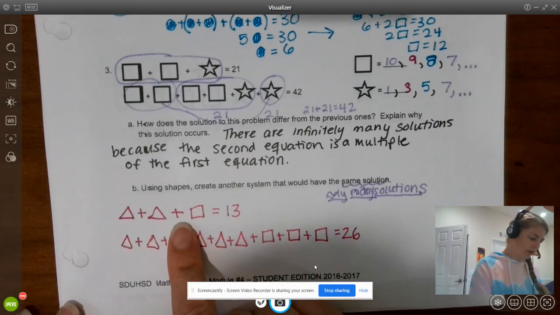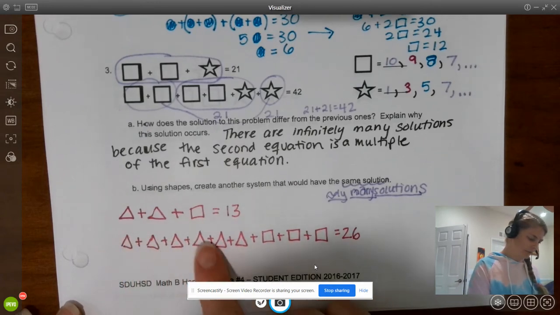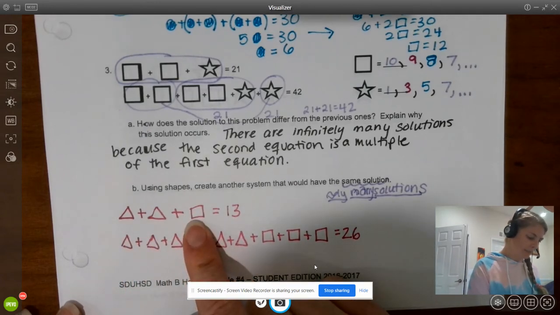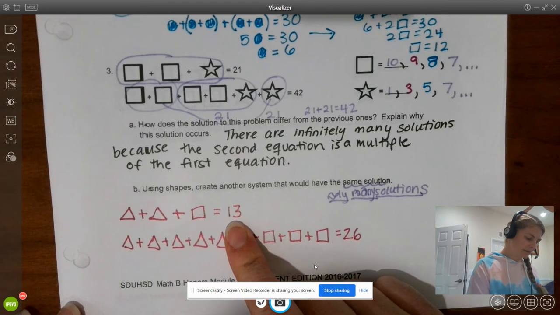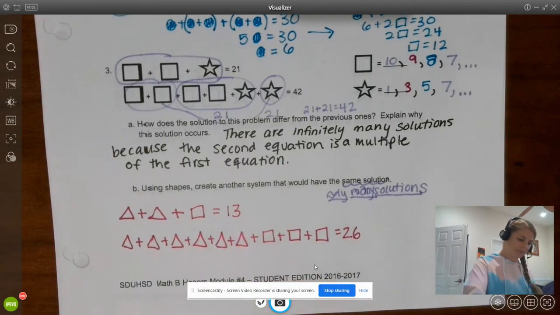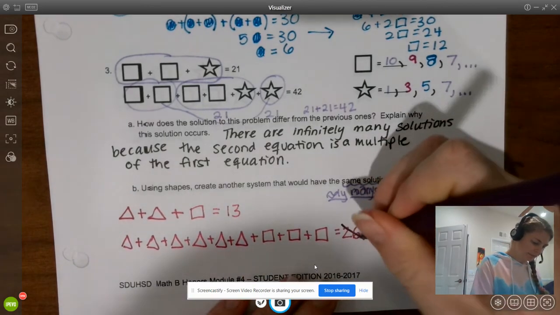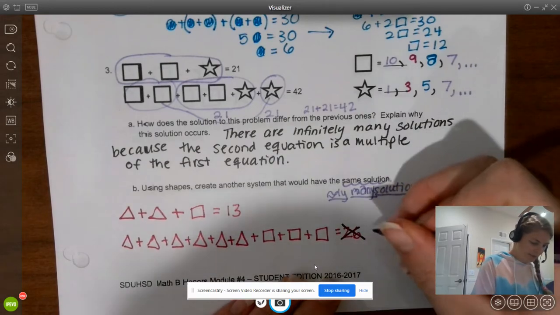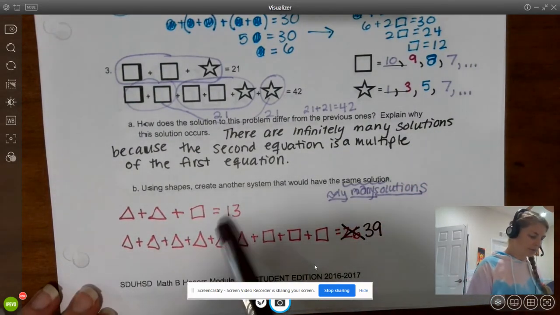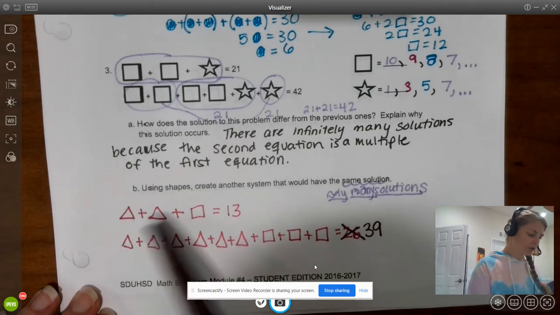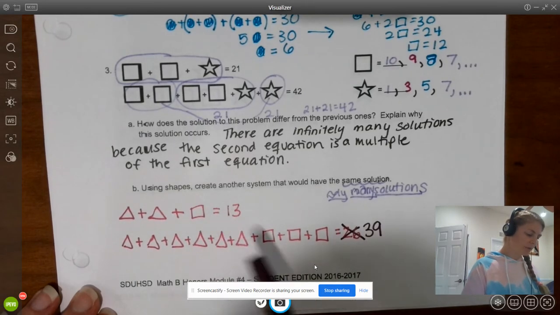So instead of 2 triangles, I'm going to have 6. 1, 2, 3, 4, 5, 6. But if I multiplied everything by 3, this shouldn't be 26, should it? No, it shouldn't. It should be 39. Perfect. So multiplying everything by 3 on both sides, 2 triangles become 6 triangles, 1 square becomes 3 squares,